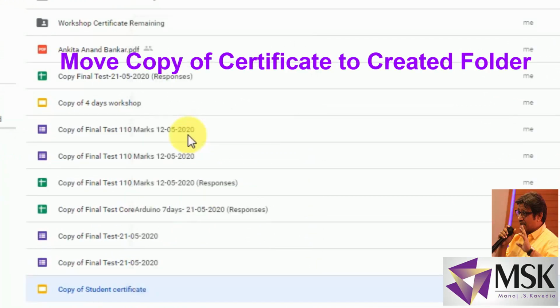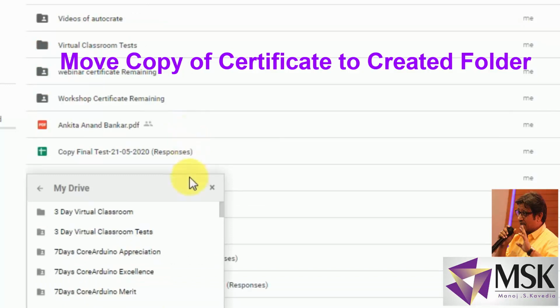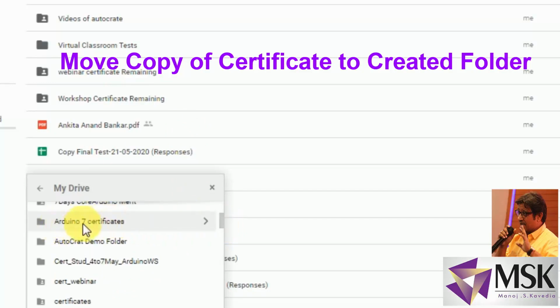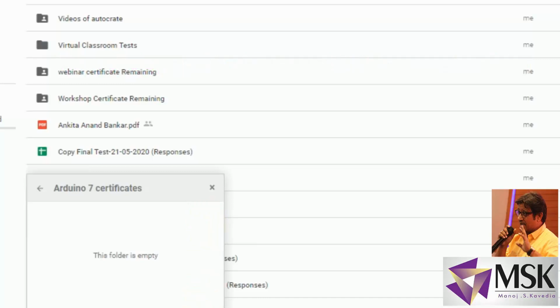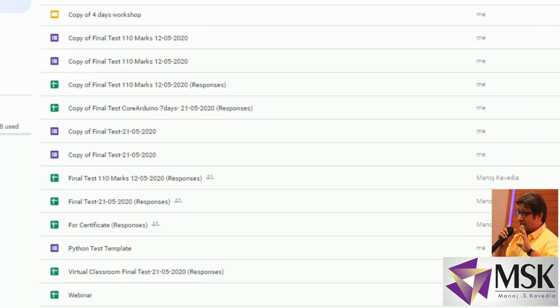So move to that particular folder. So I am moving that to Arduino 7 certificate. So select the folder, that is Arduino 7 certificate. Yeah, Arduino 7 certificate, and then say move. So it will move to that particular folder.